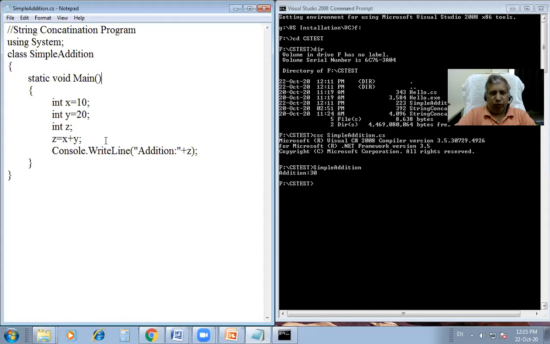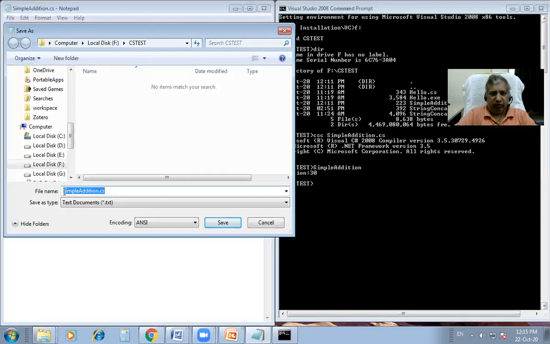Now, I will also use some more operators. Let us modify the program. I will use save as again. Instead of simple addition, I will name it arithmetic operations.